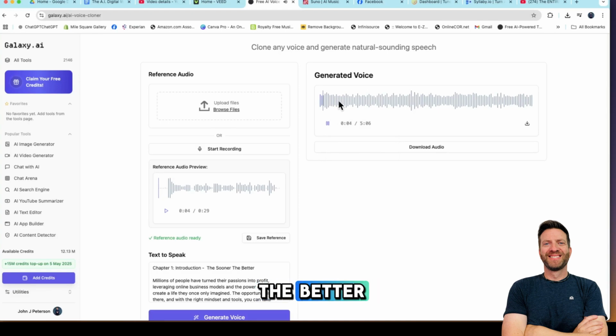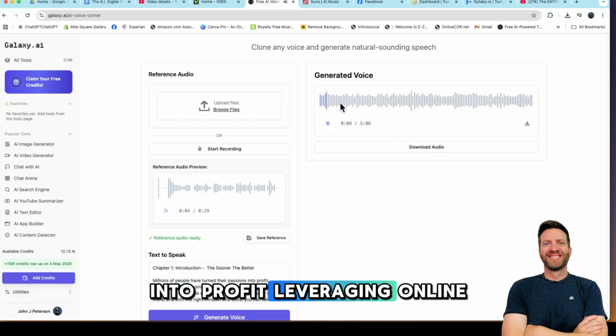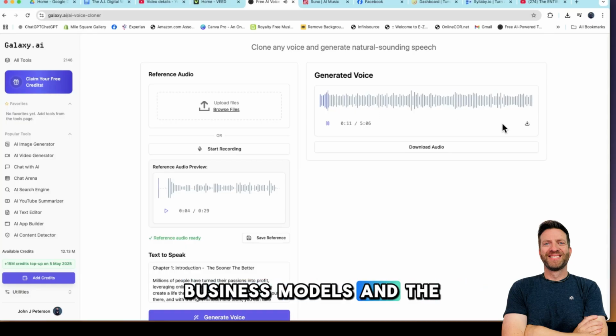The sooner, the better. Millions of people have turned their passions into profit, leveraging online business models and sell their